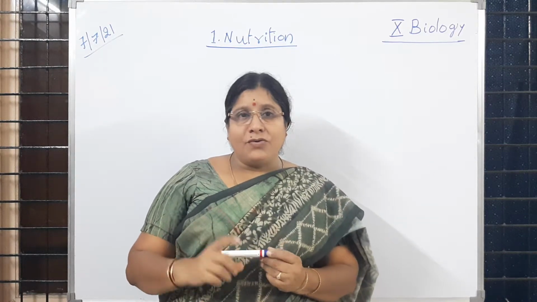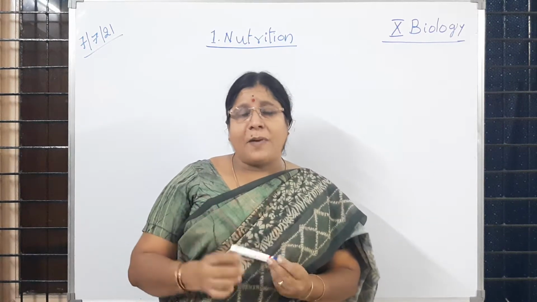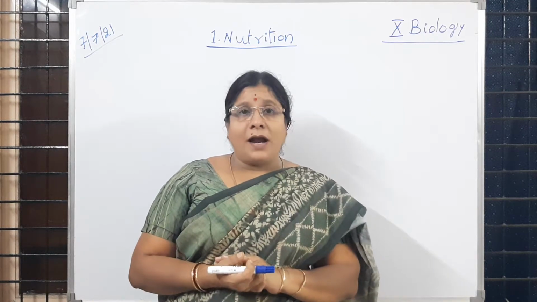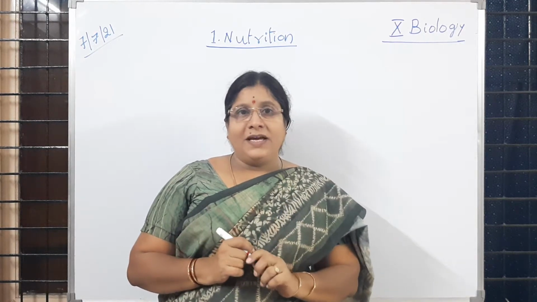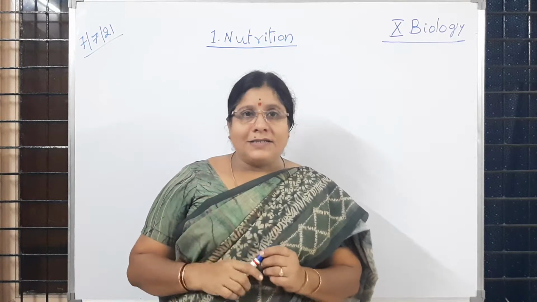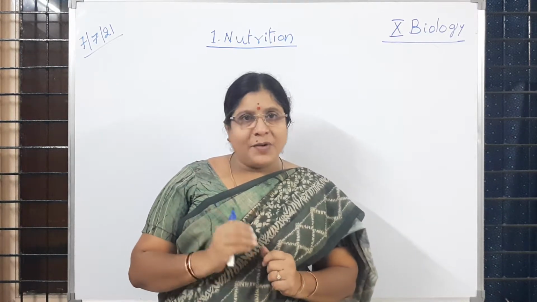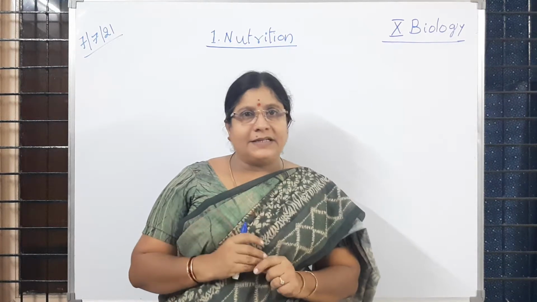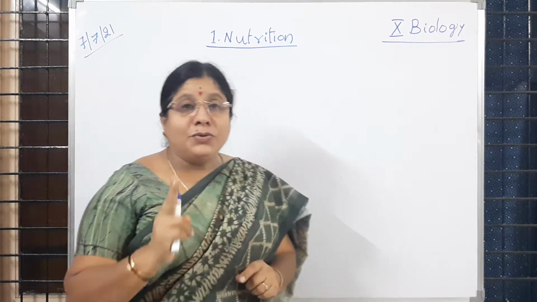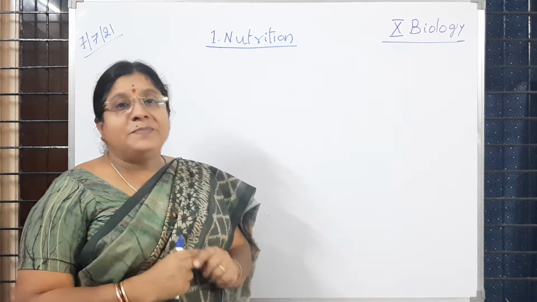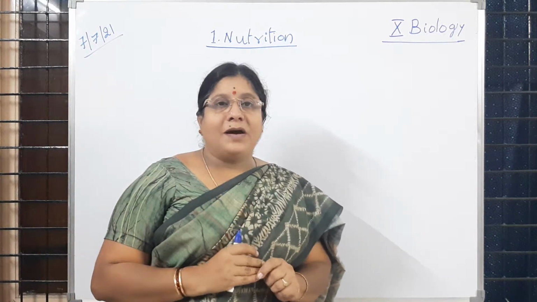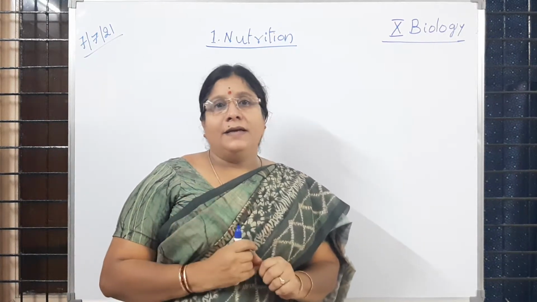So what type of ground tissue, or what type of parenchyma tissue, are you observing in the diagram? Okay, yes. So you got the answer for that. Two types are there. Two types of parenchyma you are observing. Is it not, children? Have you observed the diagram? Yes. So two types of parenchyma you are observing in the diagram.